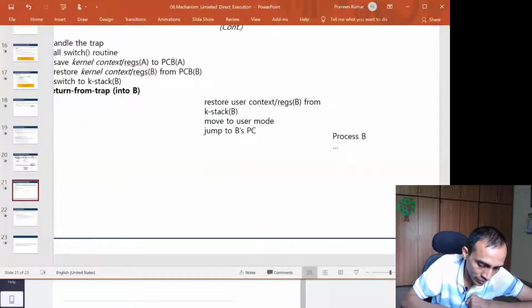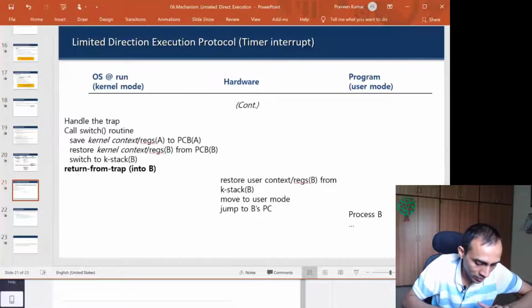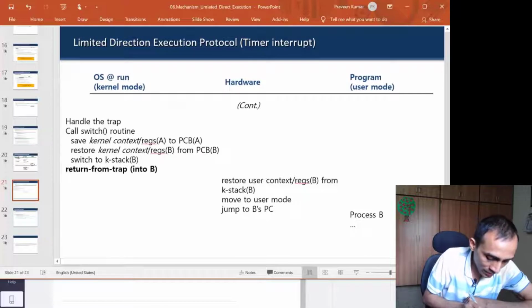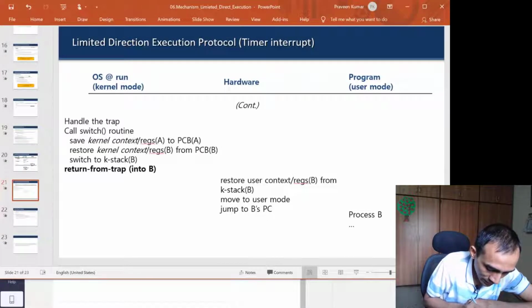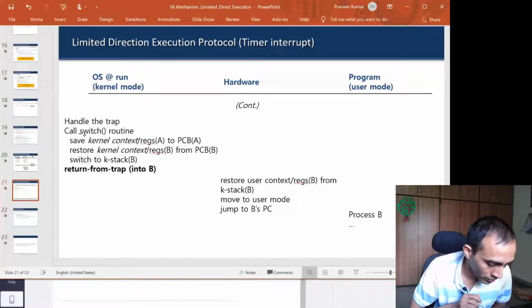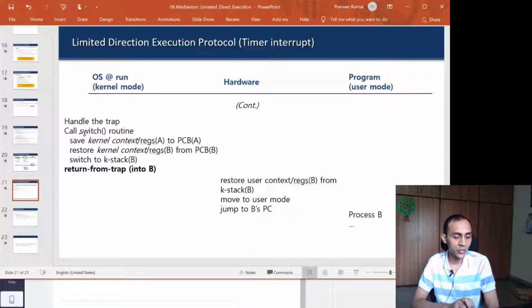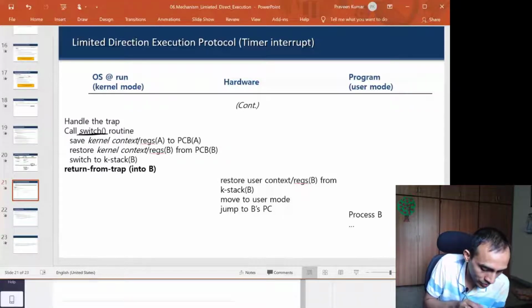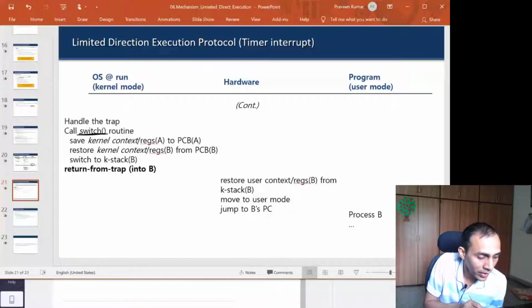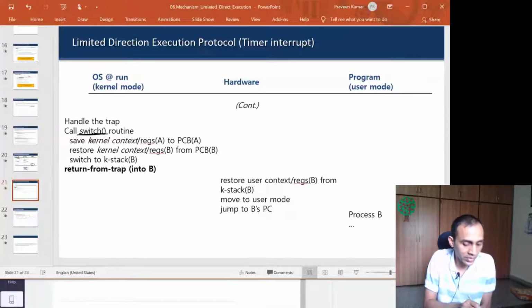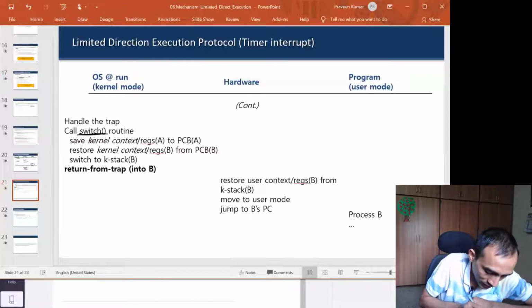In the timer interrupt routine, generally there is a scheduler which is invoked. We are calling it the switch routine here. So the OS will call the scheduler, and let us say the scheduler decides to switch. Then that switch function will be called, and during this context switch function, we said that three things will happen. We will first save the